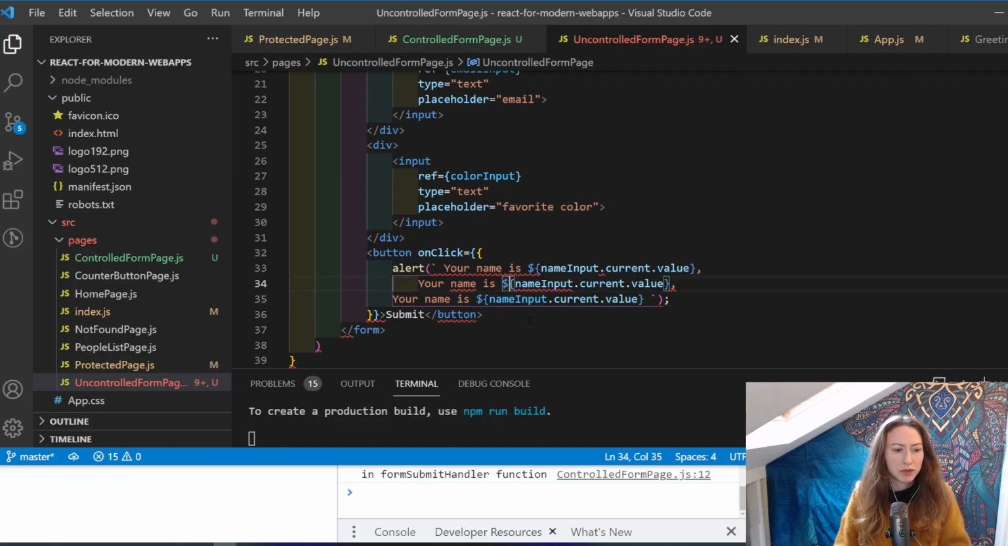And so this should be your email, and then we send out the email value. So email, which is how you send it out when you're doing it with the uncontrolled forms and the ref. So this is going to be favorite color, and we'll just say color input here. So okay, and then we have our closing backtick, our closing parentheses, our semicolon,